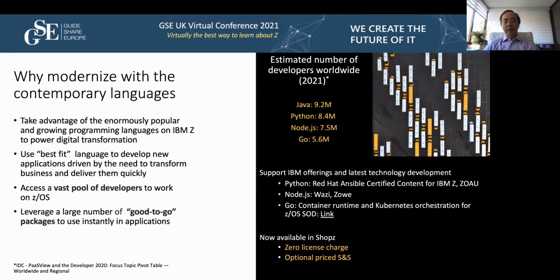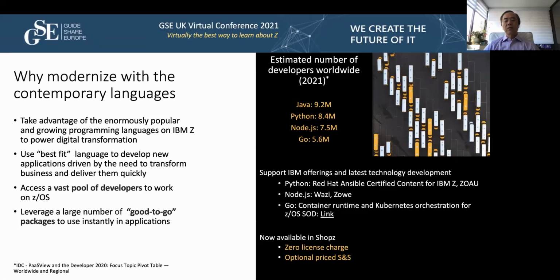If you look at 9 million for Java, 8 million for Python, 7 million for Node, and 5 million for Go, there's a lot of talent out there that we can use to modernize applications on IBM Z, right? So internally, IBM offerings also require these languages as well. For example, Python,